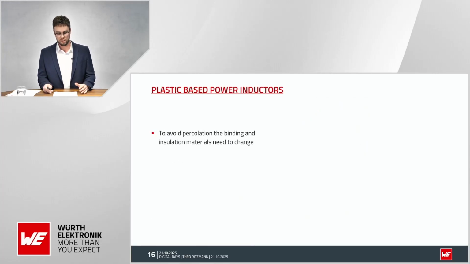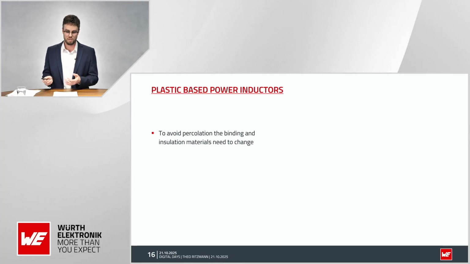So first of all, I talked about percolation. And the reason for percolation is the degradation of the binding or insulation materials at high temperature or high voltage. And nowadays, we tackle this problem by using materials which can take these rough conditions, for example, our WE MAPI HT series or WE LHMI HT series. But there are also other options for how the percolation can be